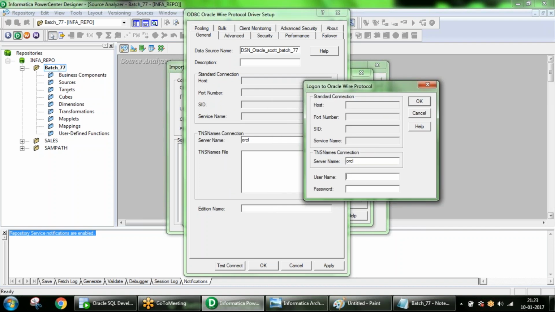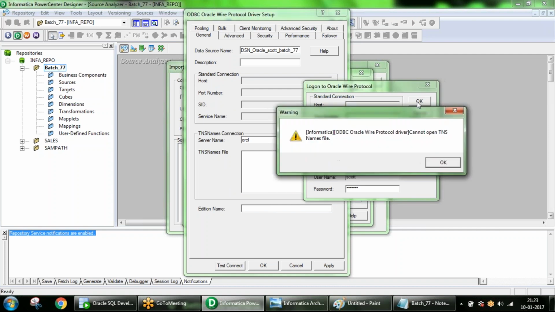Here it is going to ask you the user ID and password. Click OK.